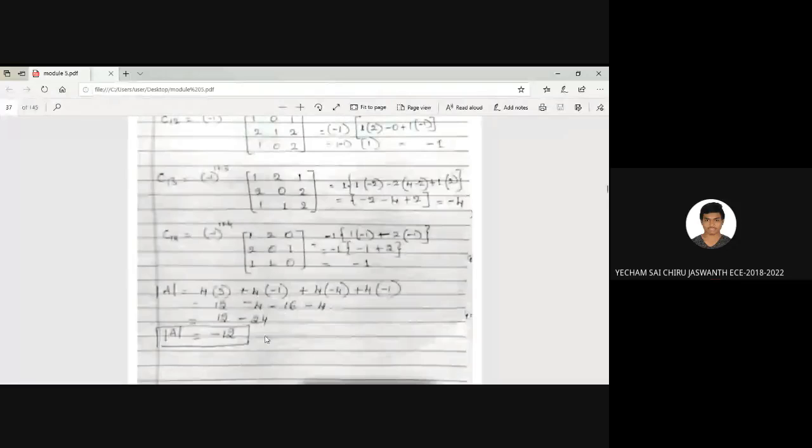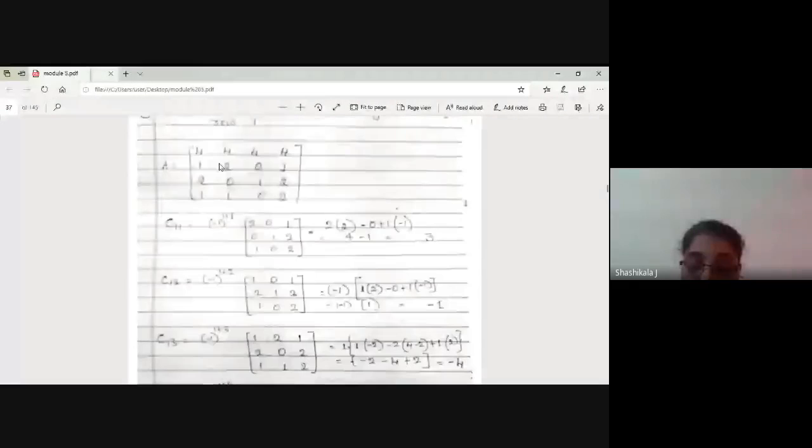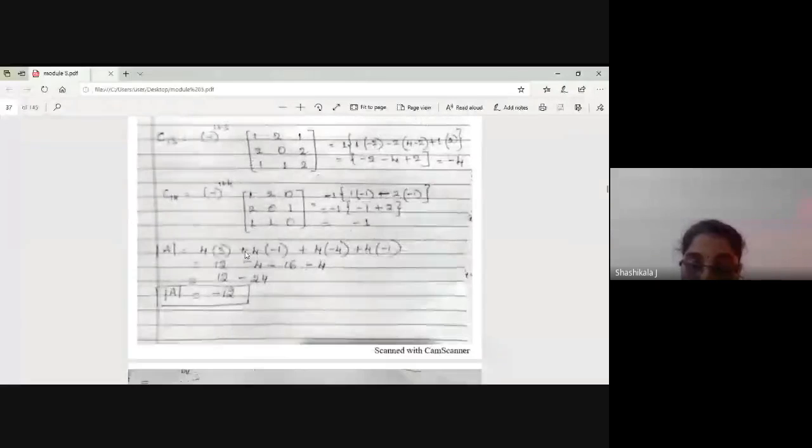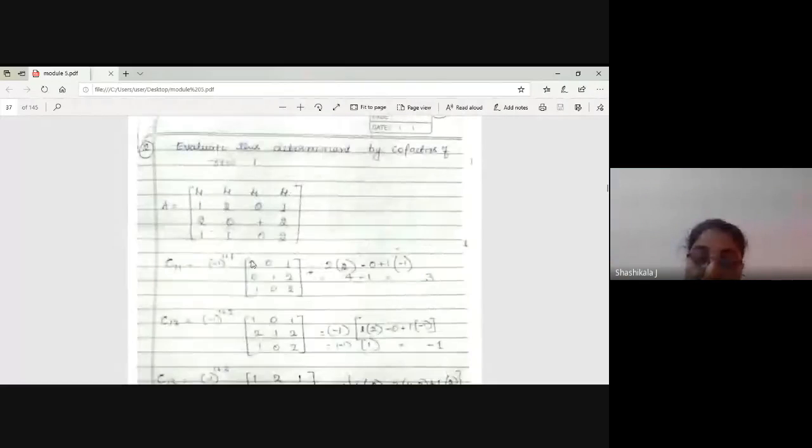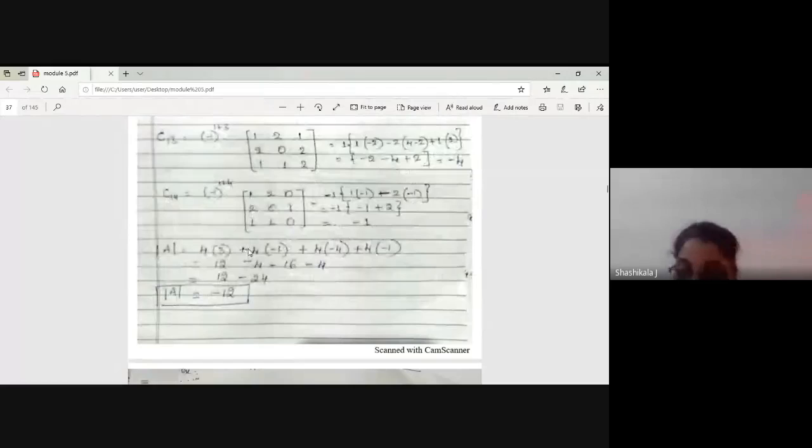If it is minus 4, what do I have to take here in the second element? Plus 4 or minus 4? And this will be minus 1 as it is. Here you need to take it as minus 4, because nothing to do with this. Whatever the element is there, you have to take. If it is minus 4, you have to take it as minus 4 and it is minus 1.